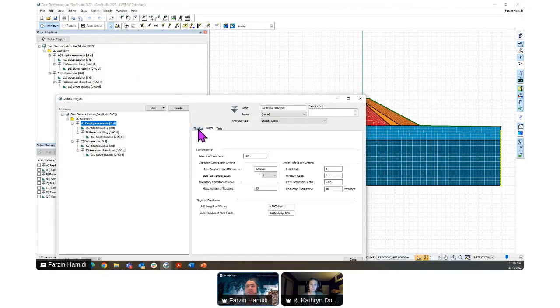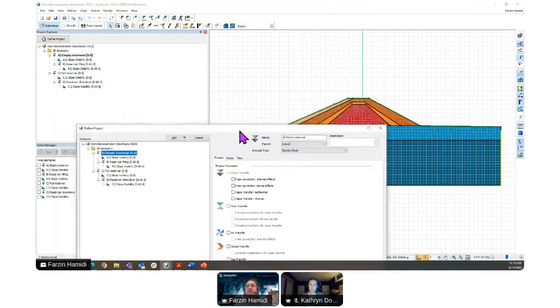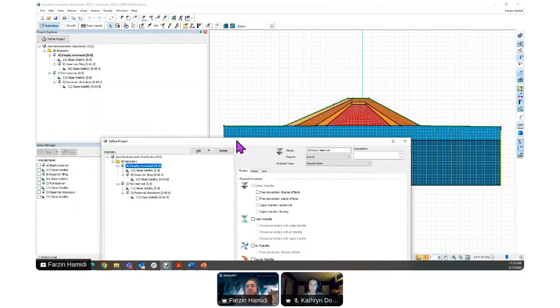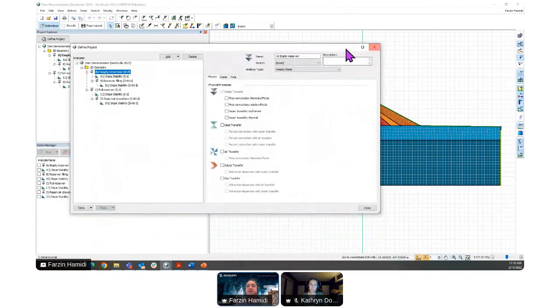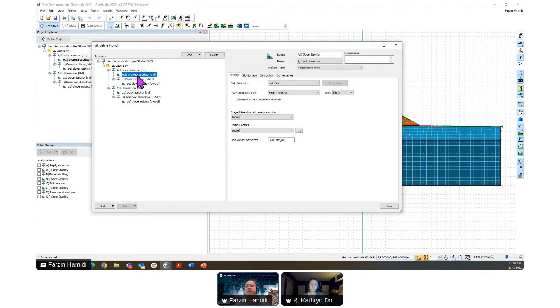It's because, as it appears by the name, the steady state doesn't require any time. So we just need to include the boundary condition as the initial condition. And then once we define them, it will start calculating and creating the piezometric surfaces. And then we use them in a child analysis.